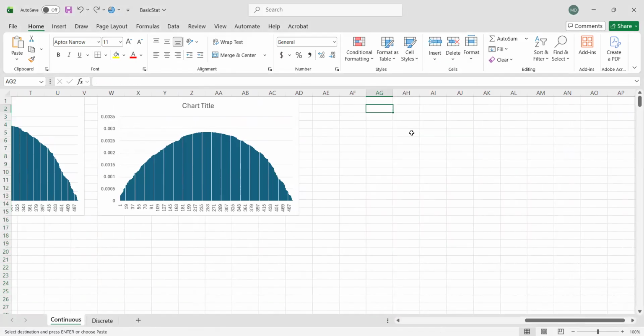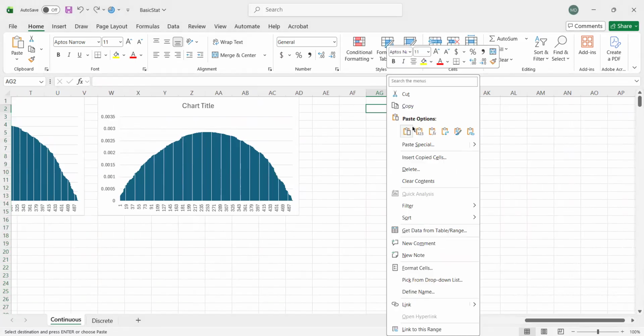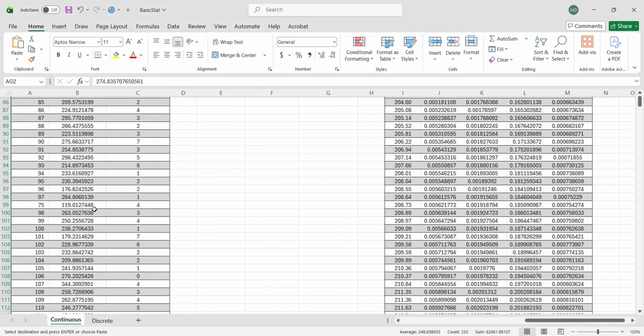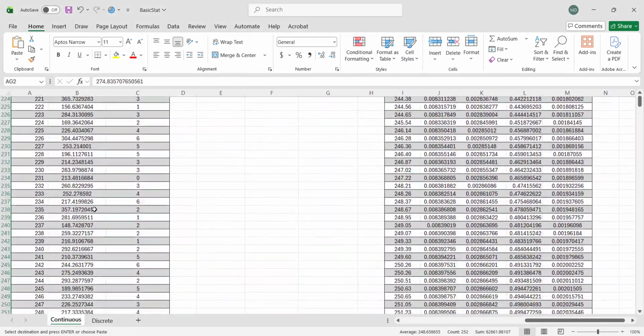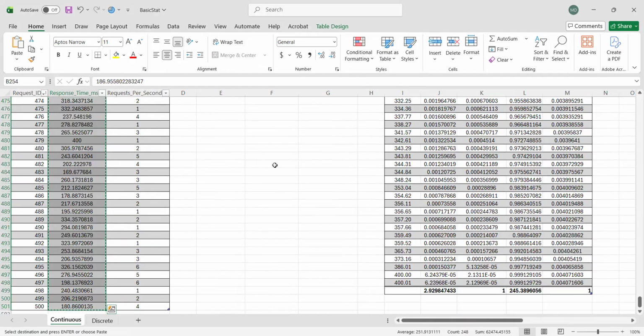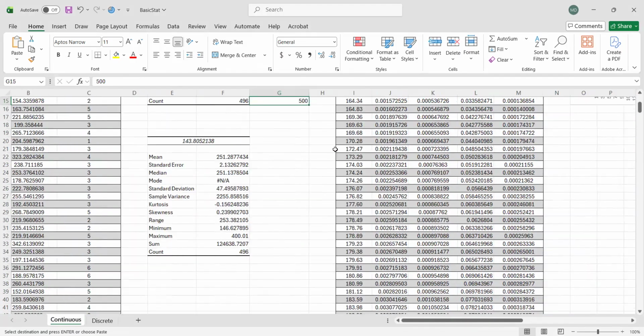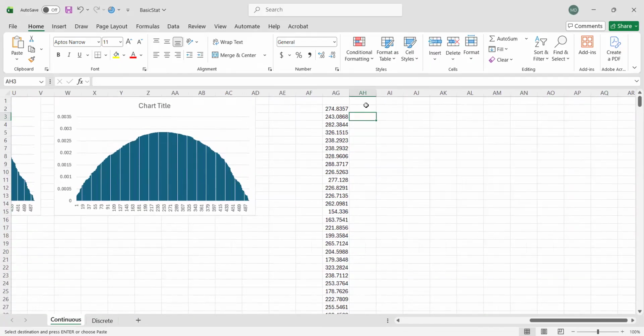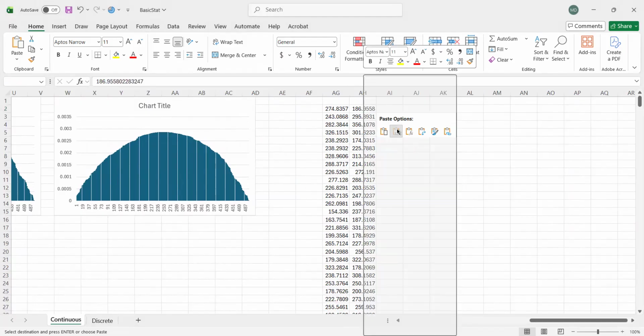Let's say we paste it on the second one. Then we do the same for 251: Control Shift down, Control up to go back, and then go here. The same way, we right click and paste as values.